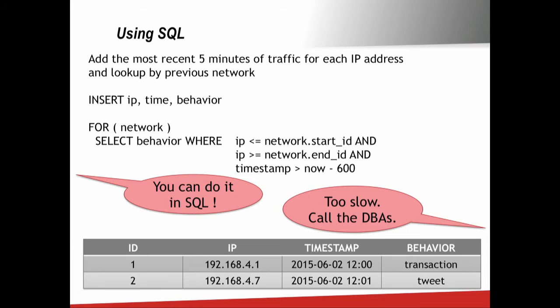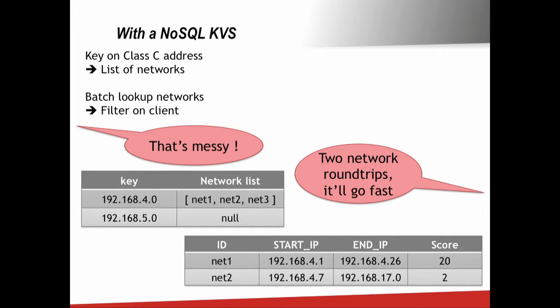What happens if you're trying to use individual behavioral elements as part of your fraud score? What's going to look something like this? You're going to have a table. That table is going to have recent behavior by IP address and a timestamp and what the behavior is. Now your app can actually reach in and see for a given IP address what that behavior is and start to score it. You've got a lot of writes on that table and a lot of reads on that table, but think about, again, what the database is going to have to do. On every insert, it's touching that index of the IP address and the timestamp and then look up against it. That's not going to be an efficient operation when we're talking about millions of transactions per second.